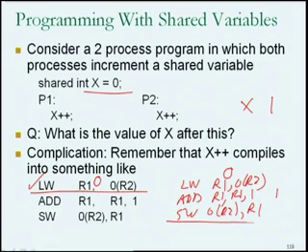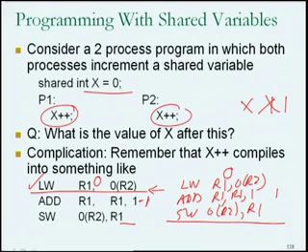Let us suppose that at this point in time there is a context switch back to process P1. P1 is at a point where it has a value of 0 in its register R1. It increments R1 by 1 to come up with a value of R1 equal to 1, and it stores this value of R1 into the variable x, overwriting the value 1 which was written there by process P2 with a new value 1, which is how it was possible for two processes to increment the variable x, but still end up with a situation where the value of the variable x was only 1 and not 2.